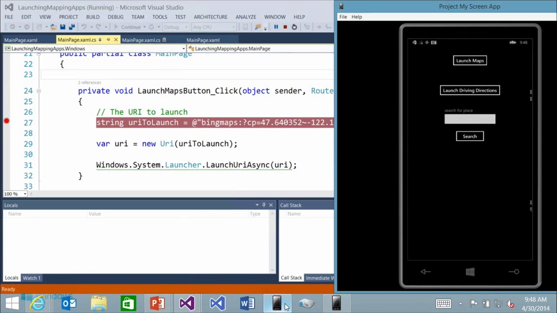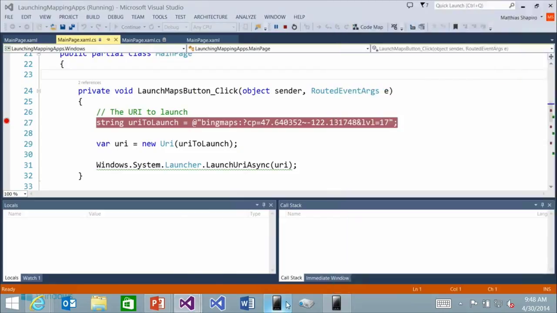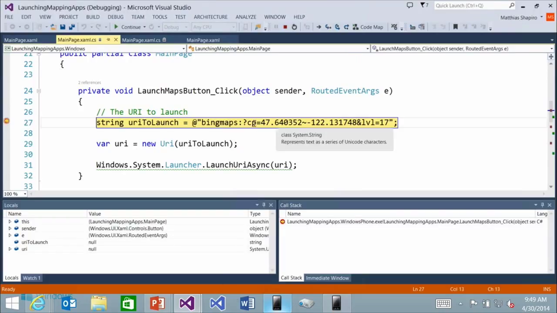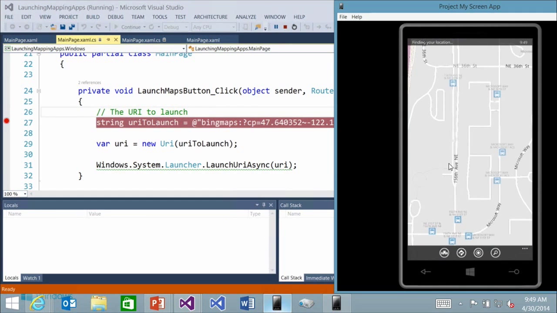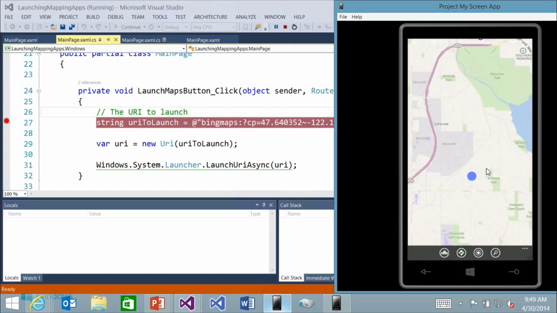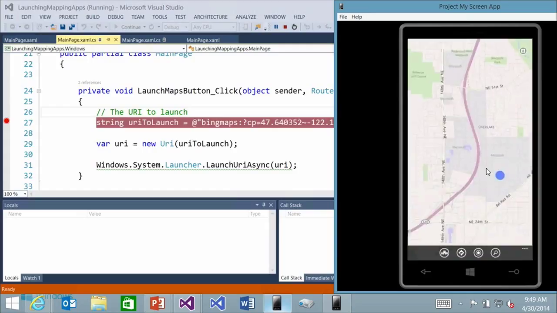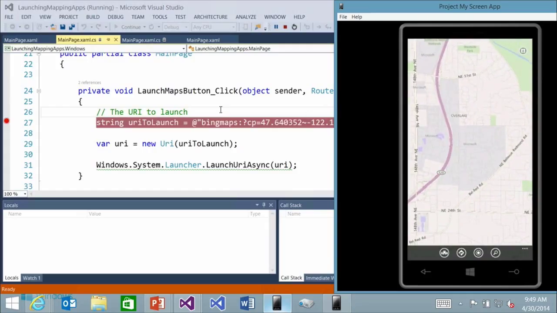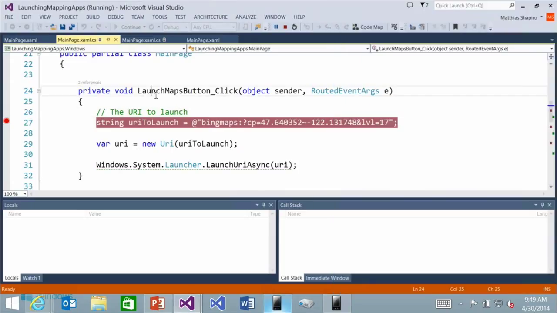All right, here's our device. So we can launch the Maps app, we can launch the driving directions, or we can search for a place. So I'm just going to launch the maps. We've got my center point, I wonder where that is, and a zoom level of 17. So we hit F5 to run that. You see, that's the Microsoft campus. Oh, there you go. So there we are. Right on Microsoft, you can see we've just launched the application, centered to about where we are. We're actually at a different studio. But we'll go backwards and